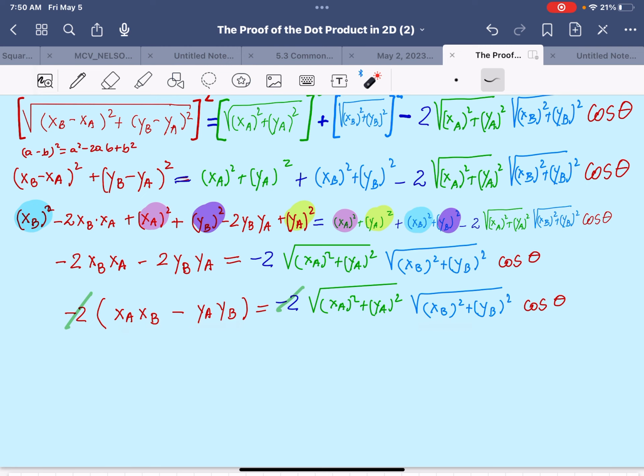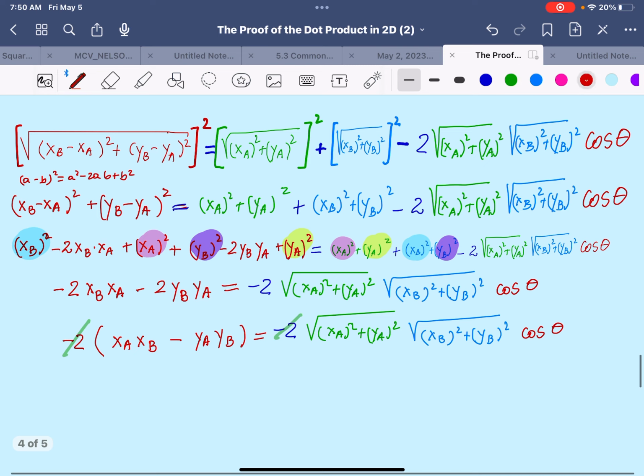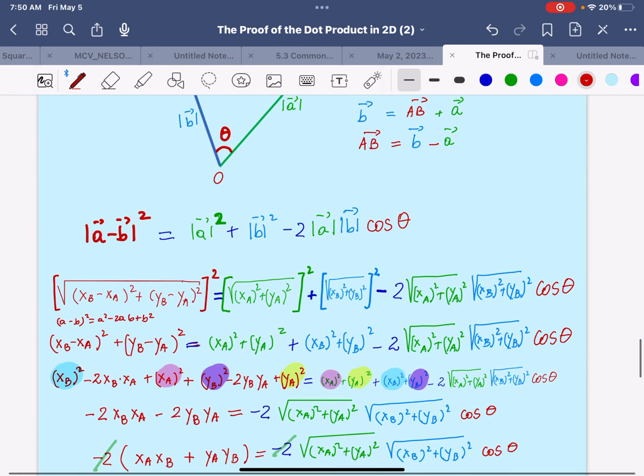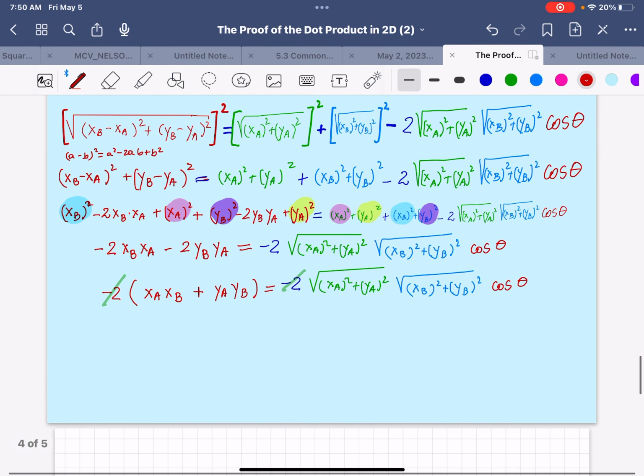So what we're going to do next is think, can we bring them together? Or what do these represent, first of all? And what does this side represent? So xa, xb minus ya, yb, by the way, plus ya, yb, my bad here, would represent actually the dot product of two vectors in algebraic form. And which vector would that be? Well, let's think about it. That would be the vector, or the vectors